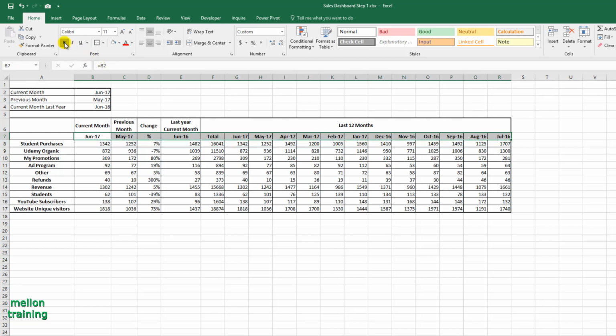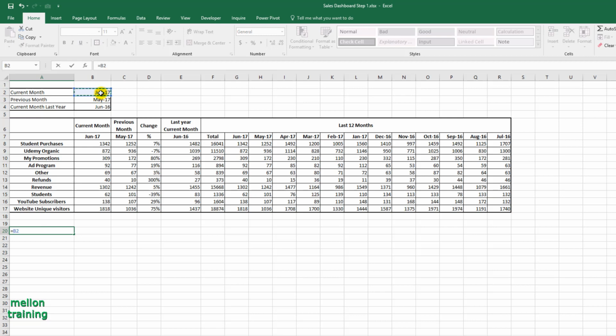So first of all, I will put there, in cells A20 and A21, the current and previous month, equal B2 and equal B3.